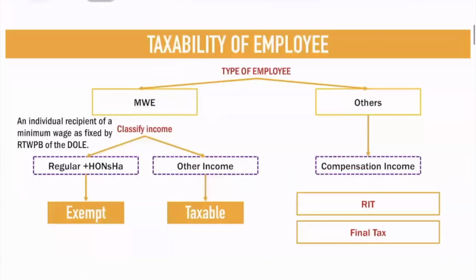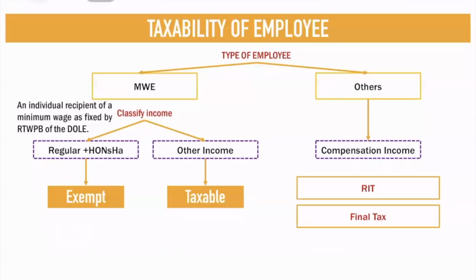First item, we need to determine our employee. So how do we tax an employee? We tax the employee depending whether the employee is MWE or others. If ever it is MWE, you classify the income. So if the income is composed of your regular compensation plus HONSHA, what is HONSHA again? HONSHA is your variable compensation income. HONSHA means